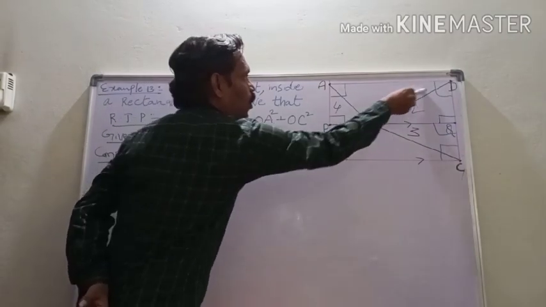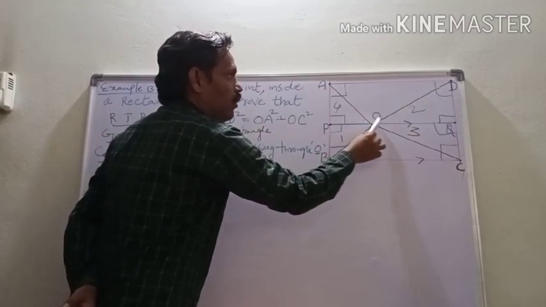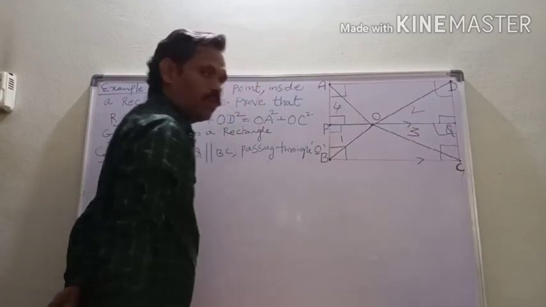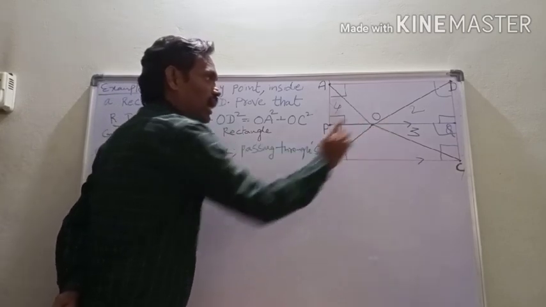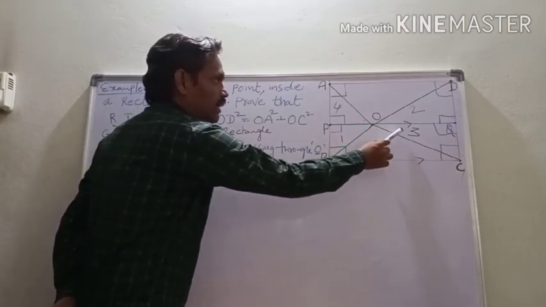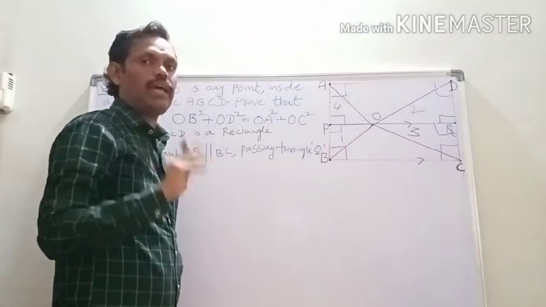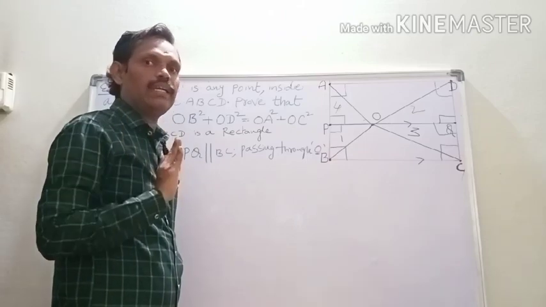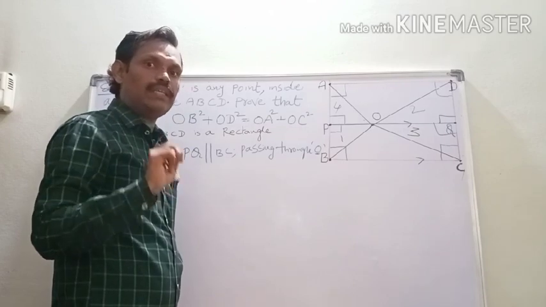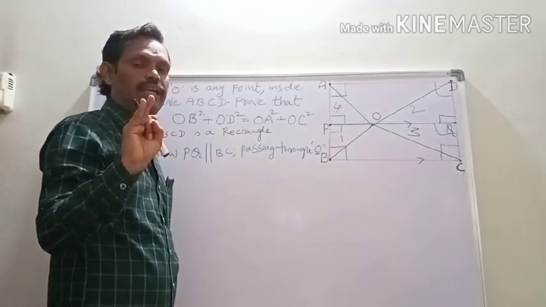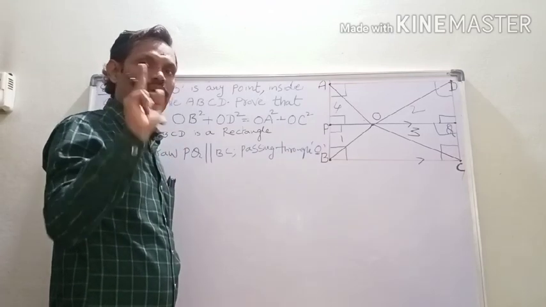This is OD. You can find this OD in triangle OQD. That's why you are taking right angle triangles 1 and 2 as a pair, then you will take 3 and 4 as a pair. Here you have 4 right angle triangles. Among these 4 right angle triangles, you have to make 2 pairs. The first pair contains the first right angle triangle and the second right angle triangle. The second pair contains the third right angle triangle and the fourth right angle triangle.